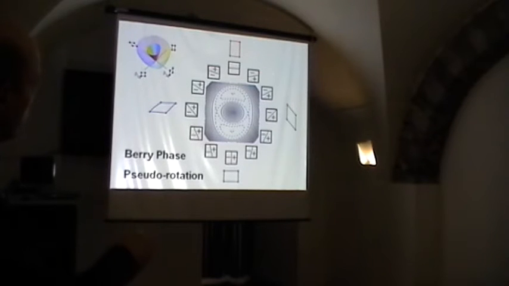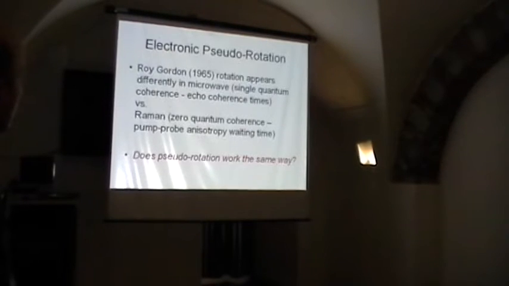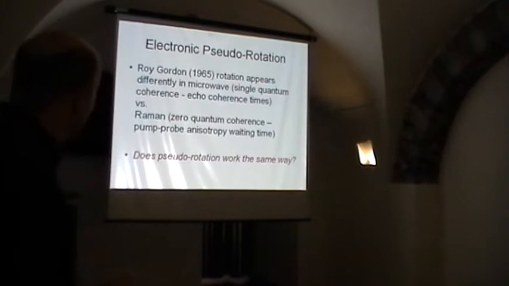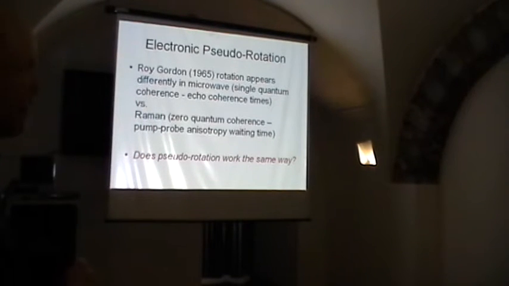As you distort your way around the conical intersection, the adiabatic wave function gradually inverts its sign just through this continued evolution. And so one of the natural things then is, if we think about electronic pseudorotation, and a reference